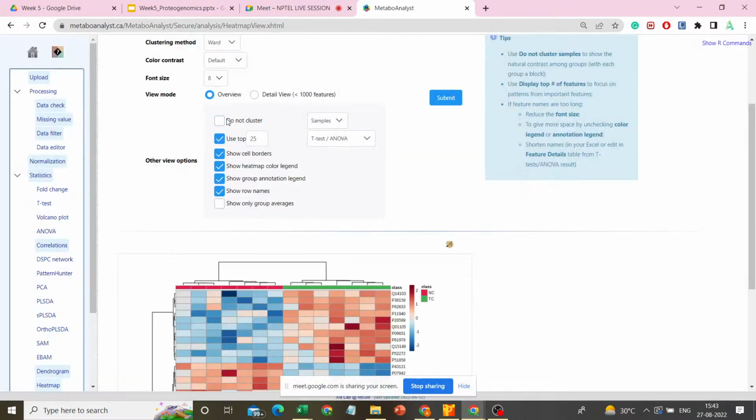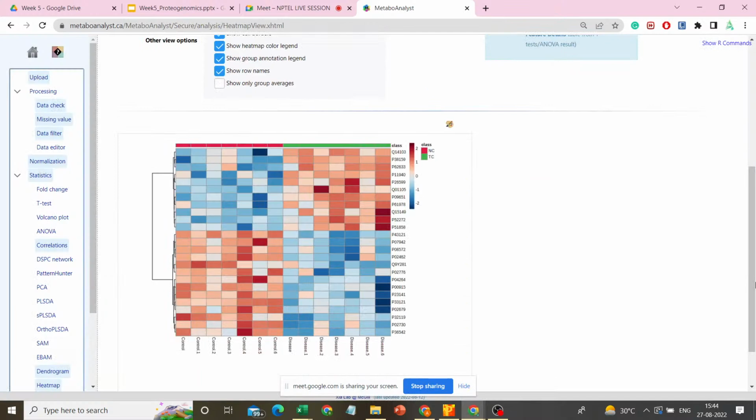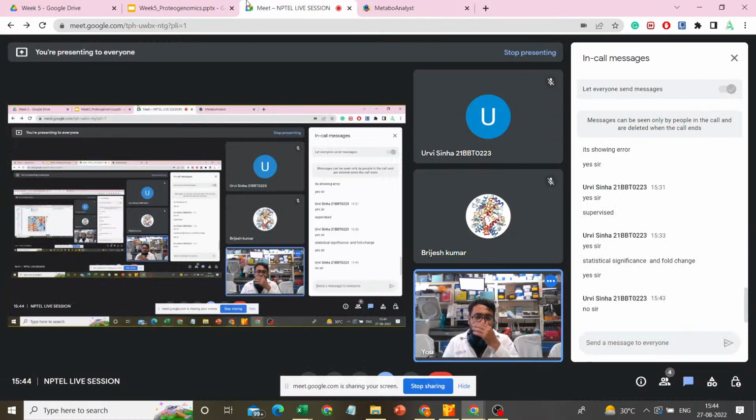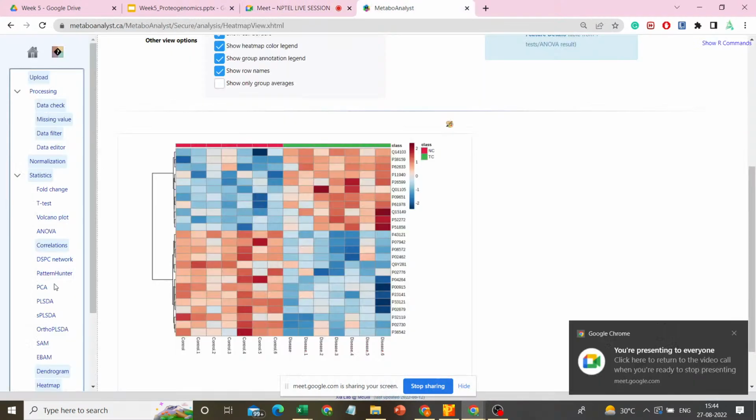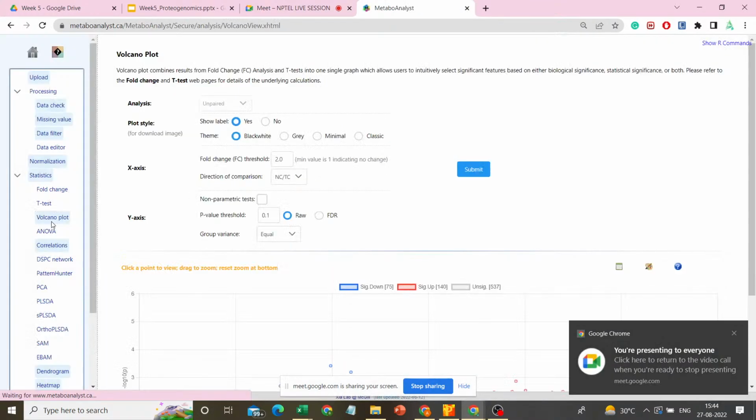If you choose not to cluster here, then also you can find out the differences of the proteins and the differences in the different cohorts. If you want to find out the differentially regulated proteins,